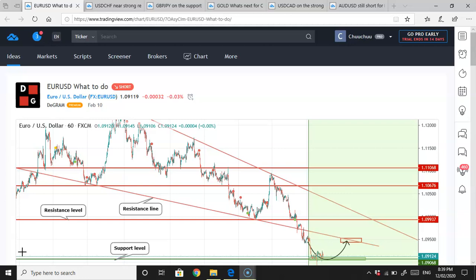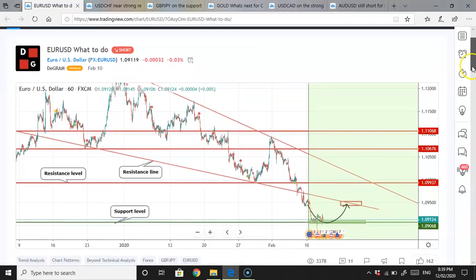First of all, we've got a Euro US dollar sell trade. It's been a little interesting, the Euro US dollar. We've seen signs of bottoming out, and we've got a strong support level here, and a little bit of US dollar easing as well, which we saw yesterday, and it's sort of stabilized. But what we're suggesting here with the Euro US dollar is that we're going to get some buying pressure up